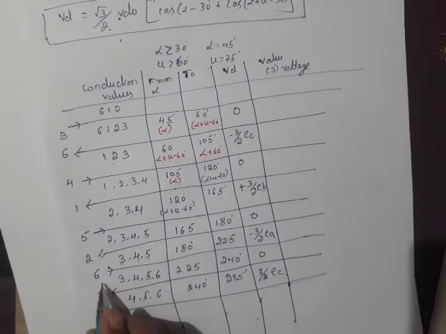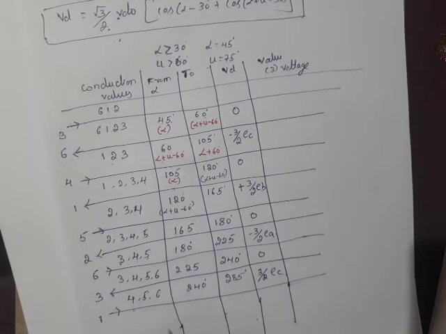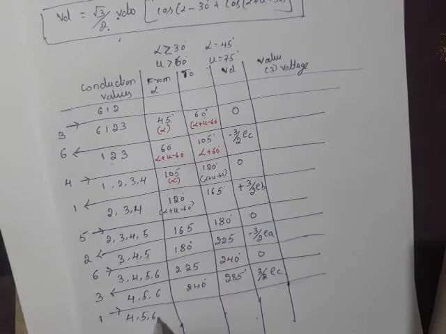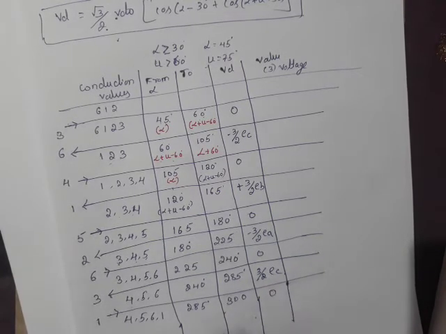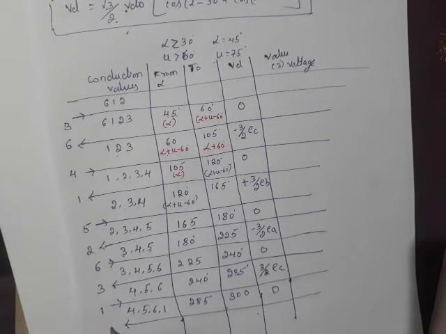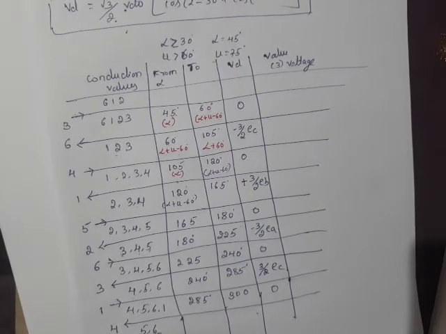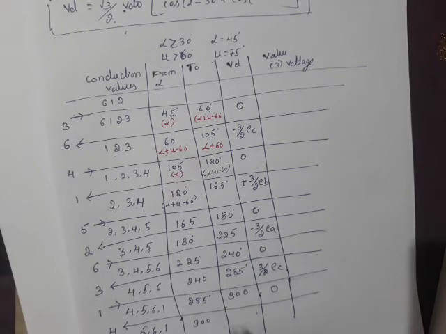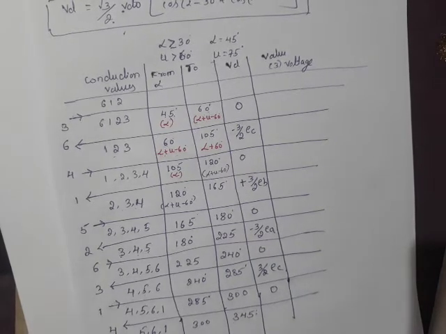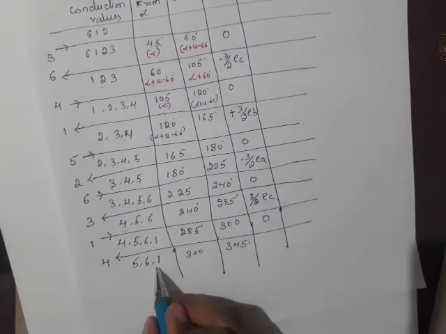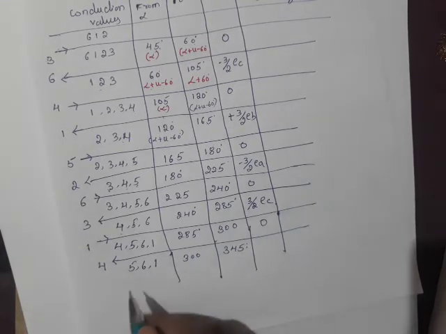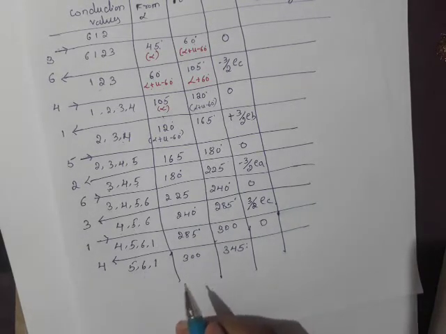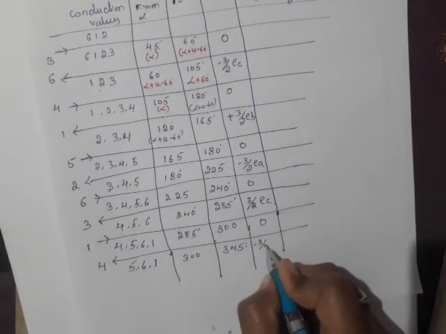Then valve number 1 has to come into conduction. Here it is 6, then valve number 1. 4, 5, 6, 1. 4 valves from 285 plus 15 degree, that is 300. So what is the output voltage? 0. Then valve number 4 goes out of conduction. 5, 6, 1 conduction, that is from 300 to 345 degree. Output voltage. So say 5 and 1. 5 means EC, 1 means EA. So that is minus EB by 2. 6 means EB, minus EB by 2, minus EB, minus 3 by 2 times of EB.